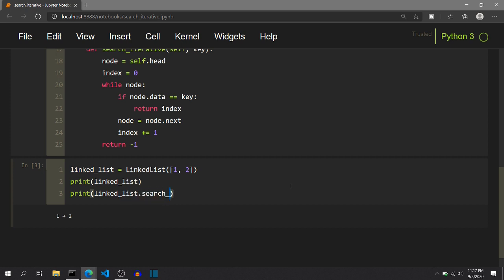dot search iterative, and let's say we pass a key equal to 1. Yes, it is at index 0. Let's say we pass key equal to 2. It is at index 1. And let's say we pass any random value, that is 5, and it should return -1. So any value other than 1 or 2, or any other value that is not present in the linked list